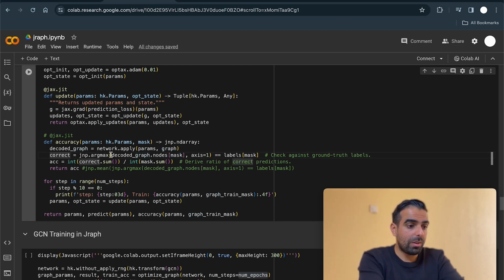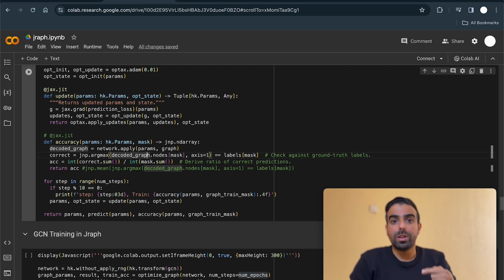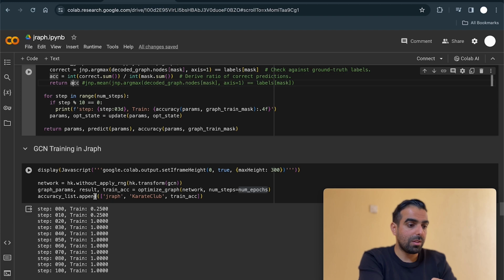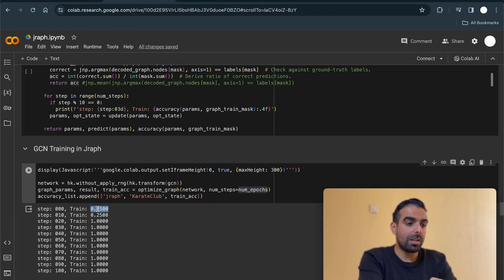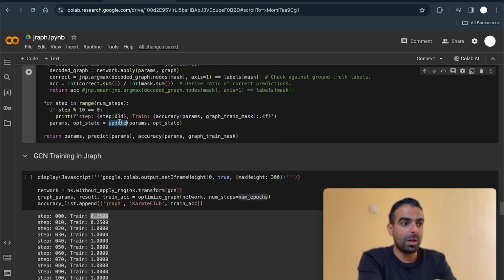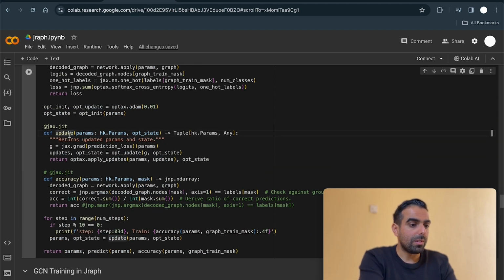And then I'm getting the correct labels by counting how many of the graph nodes actually equal the ground truth. I'm dividing the correct predictions over all predictions, and I'm returning the accuracy, and I'm printing the accuracy here at the first step, the training accuracy. Then after printing this statement, I'm updating the graph by calling the function update, this function here, and I'm passing